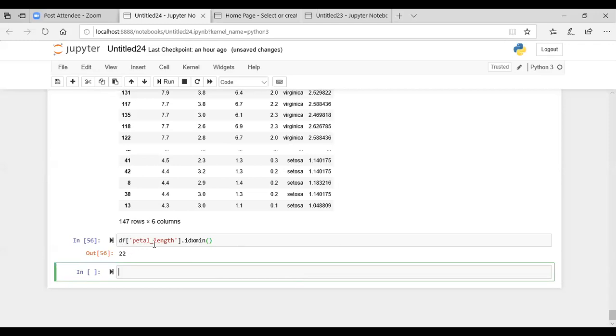Okay, you want to determine what is the index number of the row for which the value of this petal length is minimum. So for that, here you have to make use of idxmin. So the index number is 22.